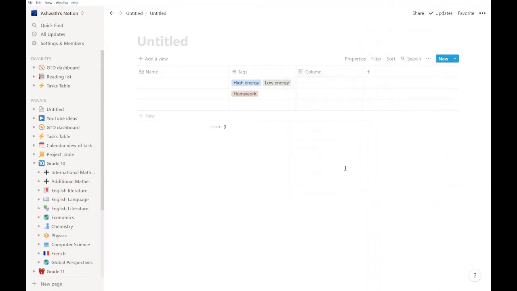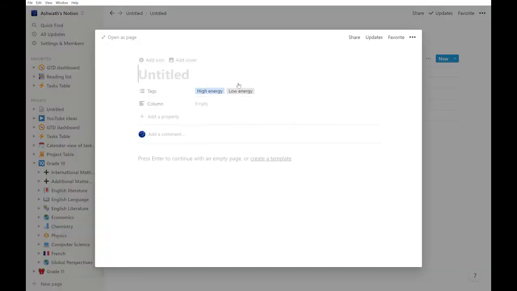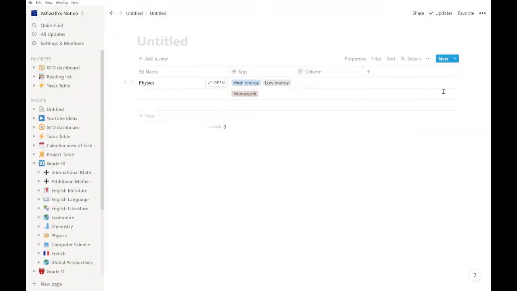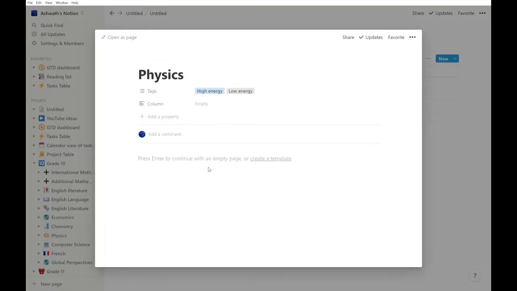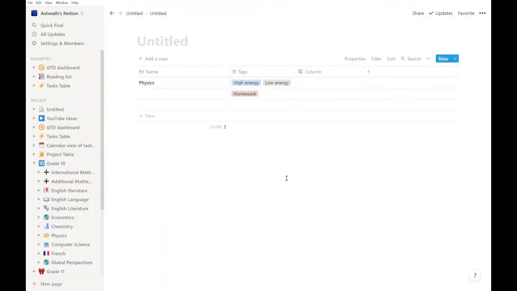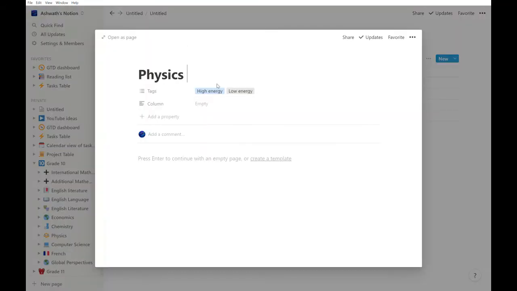Now if you go back to this table, you have this name column. Over here you can essentially create whatever you need, and it opens as a separate page. So each of these rows has a page in it which stores more information, and it is a very informational way to get everything required, rather than some other ways people usually use it. They would have the task here, then they would have what has to be done in that task in a different book and everything, which is a much more long and lengthy process. But here you have effectively everything you need.